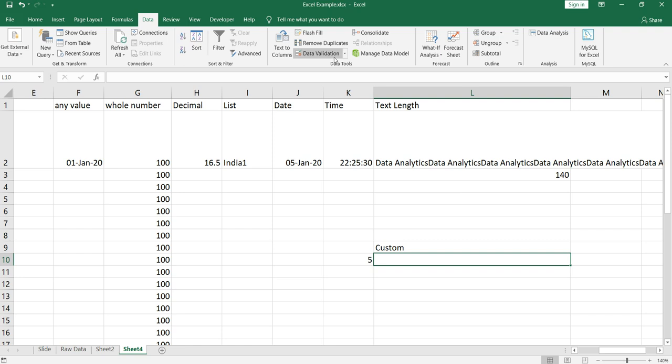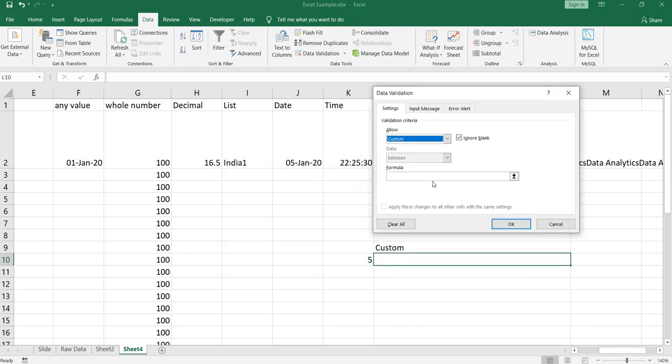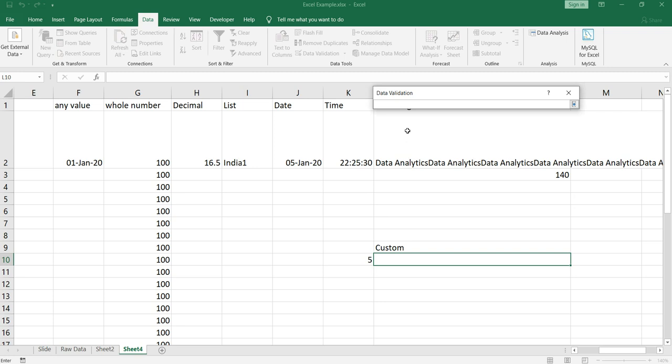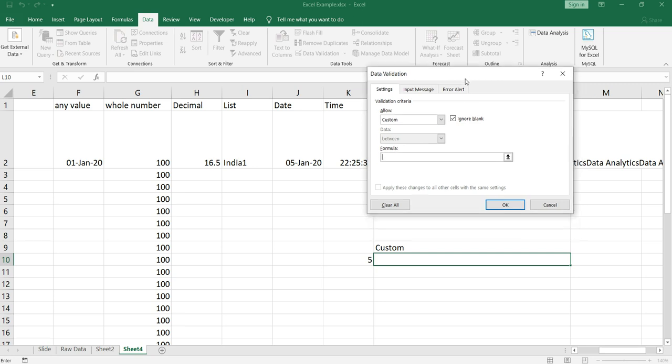So I'll go to my data validation. Okay, I'll select custom, then it's asking me to input the formula, right? So I'll do equal to if. So it's asking me to input the formula here, in the input box which is given under formula. So what I'll do, I'll write the formula here,